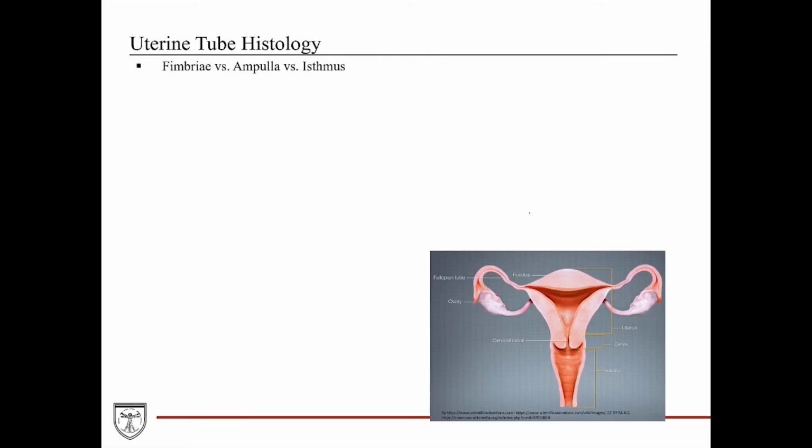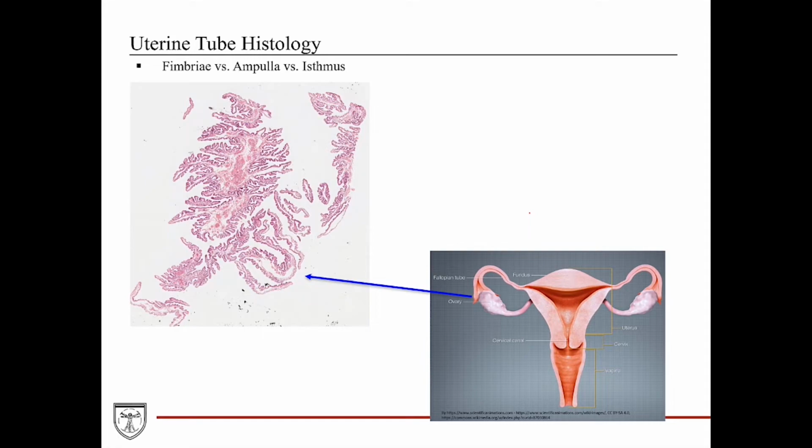As you can imagine, the histology of the uterine tube varies depending on the region of the tube because they function slightly differently. So the infundibulum with the fimbriae has the mucosa on the exterior of each one of these projections that drape over the ovaries. So we can see the lining epithelium on the exterior and the lamina propria actually forming the core of these